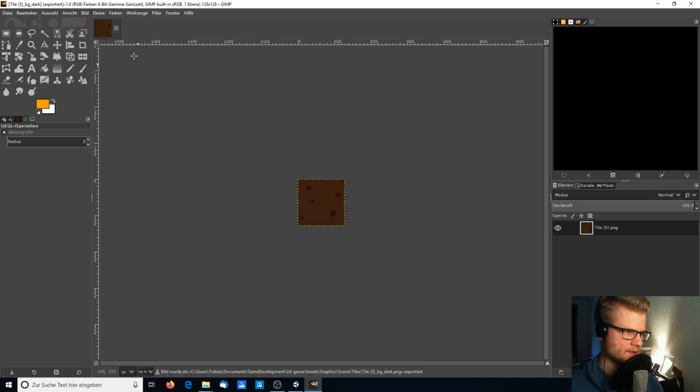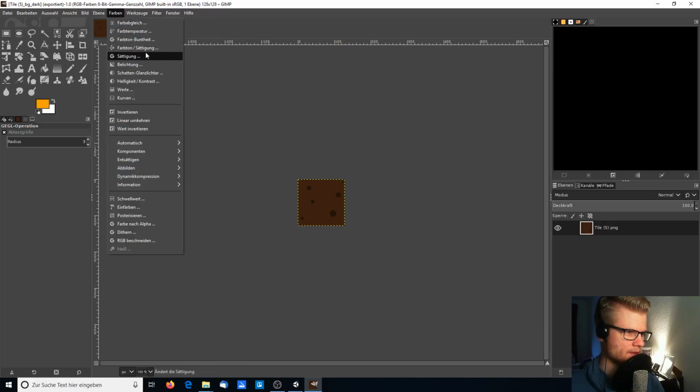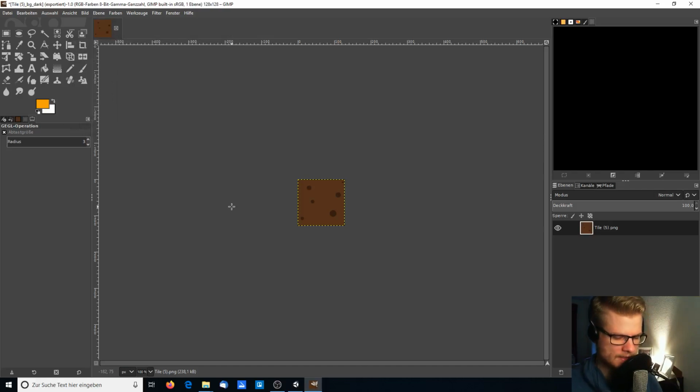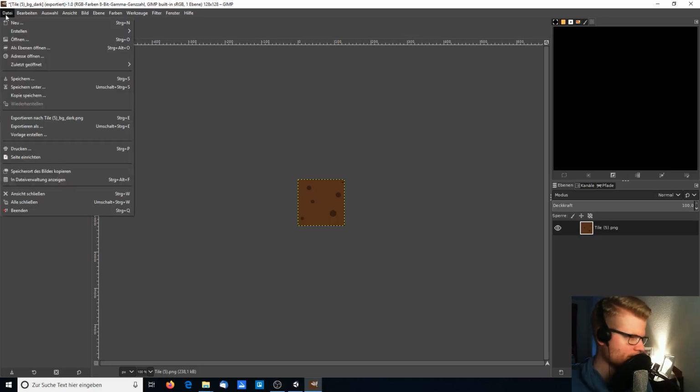And what I also want to do is have it in a lighter way, that it is lighted up like that. Or maybe I could use 2D lights, but for now, for testing, I will just use that. And then I'm gonna say export as